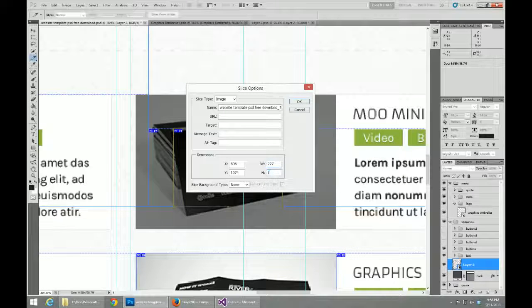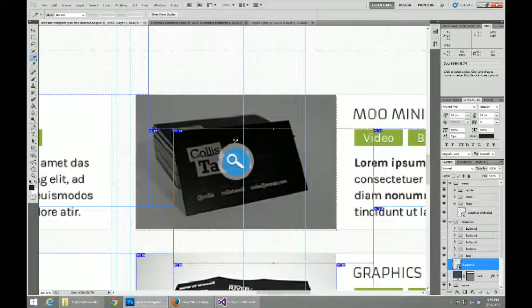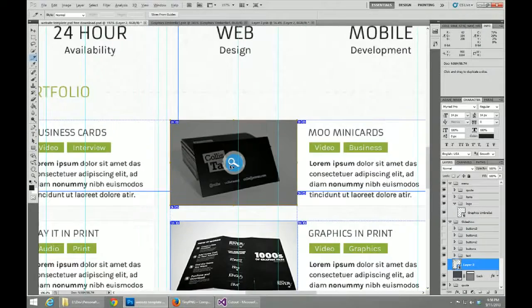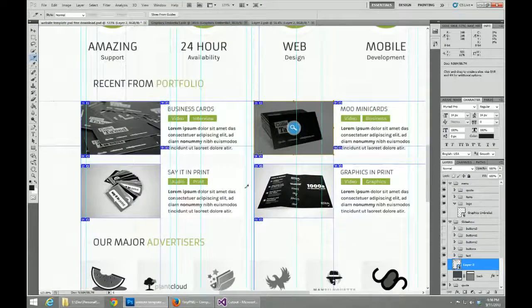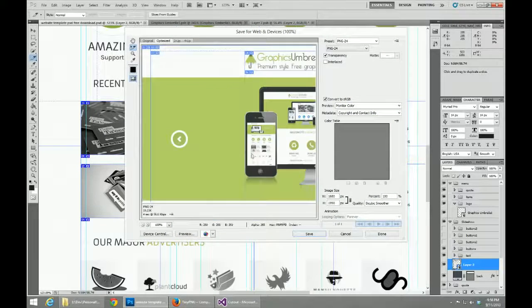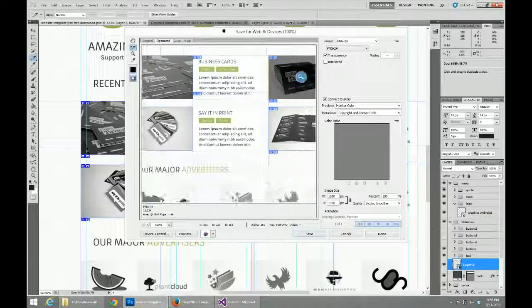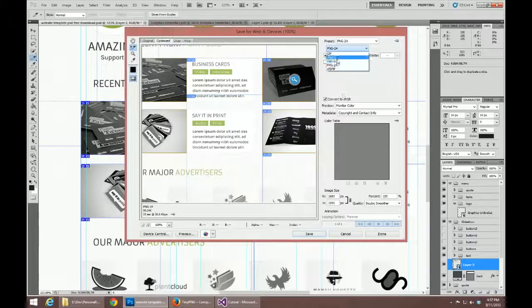Seven 148, or you could just use your mouse and drag it over to the right position. Now that we have that done, we're going to press Control Alt Shift S, go down and select, hold Shift and click each one of these elements, and we're going to save them